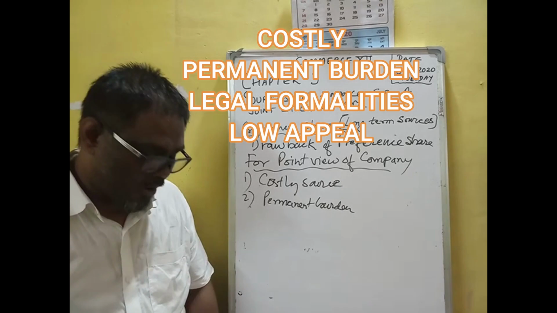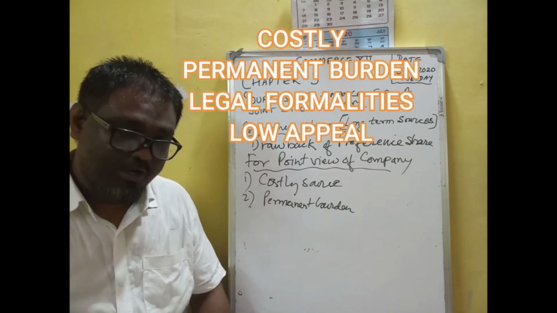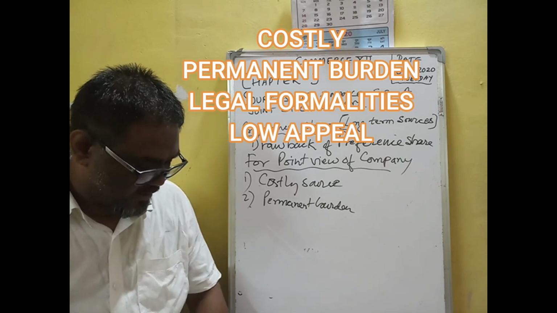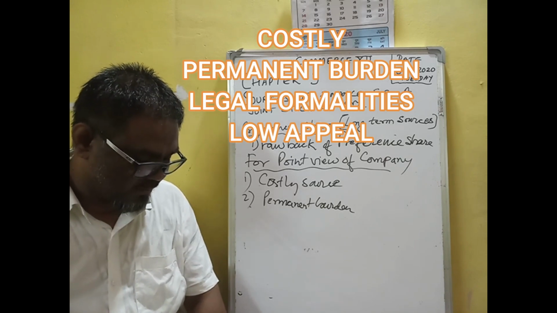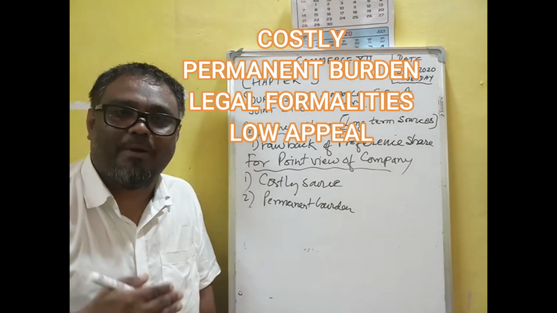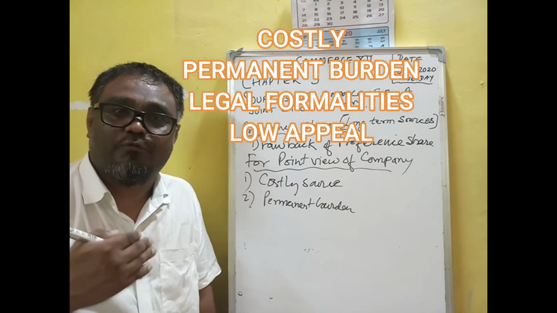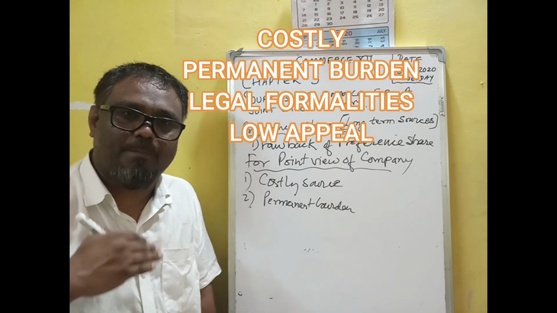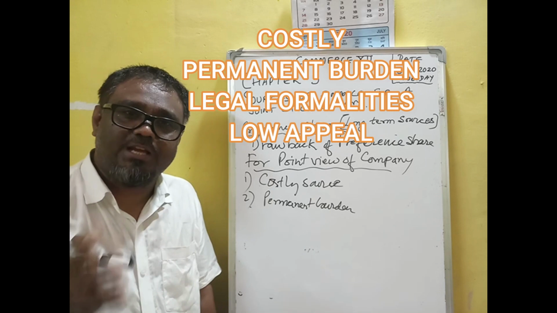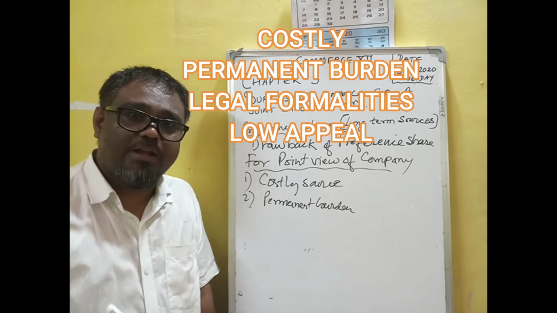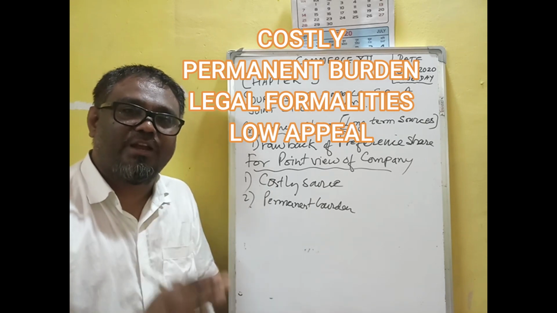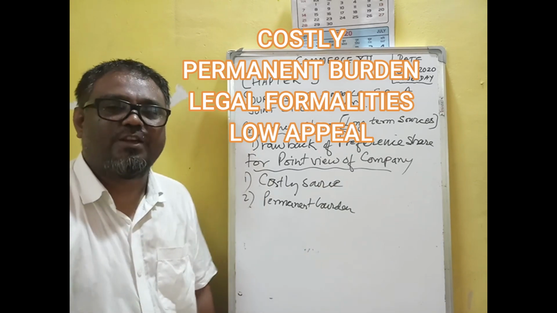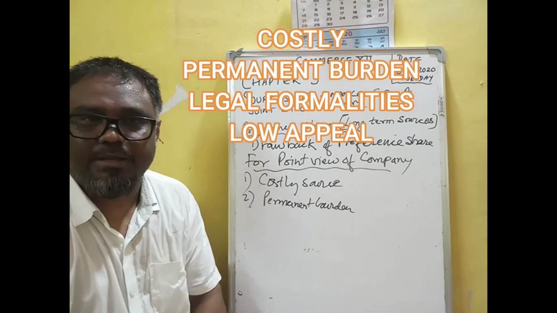So dividend on preference share has to be paid at a fixed rate before the dividend declared to the equity share. So the burden of dividend on the company is high, especially in case of cumulative preference shares. It is a permanent dividend burden, because a fixed rate of dividend is there. Whether the company gets high profit or low profit, it has to declare a fixed rate of dividend. In case of cumulative preference shares, if in any year a company is not able to declare a dividend, that will be accumulated for the following year. So that's the fixed burden for the company.